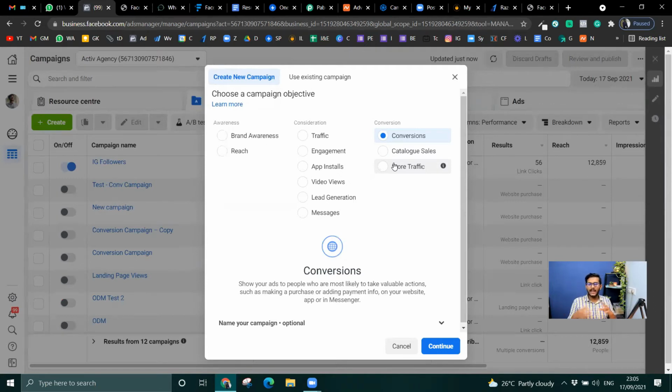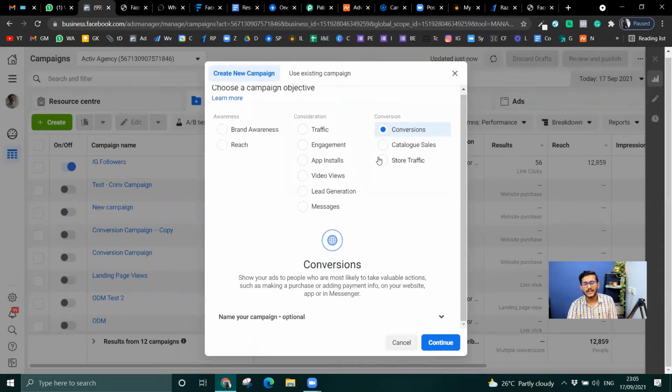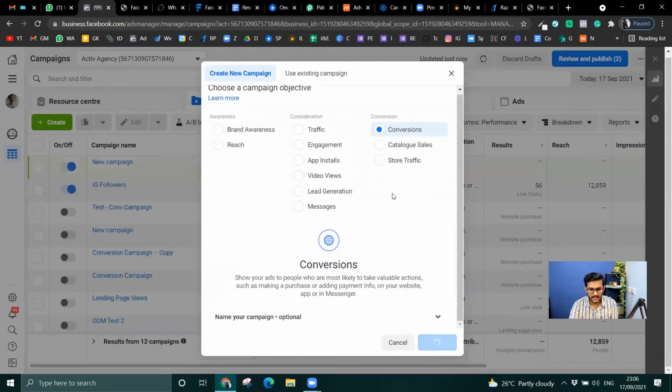In that case, I will be incurring a lot of cost, and that doesn't happen. Why? Because I keep checking my ads. I make sure that I optimize it. If I feel there is a problem, I will just go back to traffic campaign. Maybe I'll record that as well when I'm doing that. Probably after a day or two, just a small video where I'm checking all the things, checking how the funnel is performing and everything, and making some tweaks. Let's see if I can record that. I'll definitely record that too. So for the moment, I'll just go for conversions and I'll just hit continue.